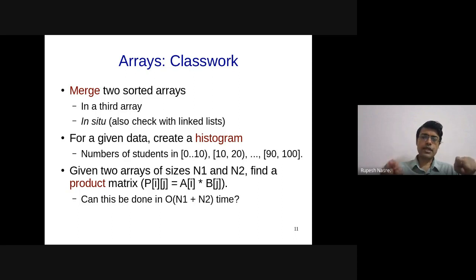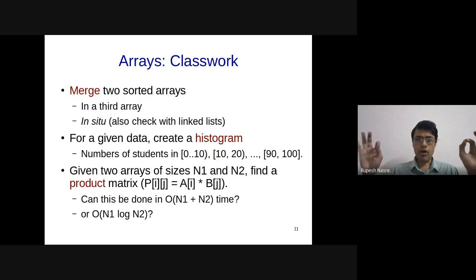Therefore, the complexity has to be at least n1 into n2. It can be larger, but it has to be at least as much as that, and therefore it cannot be done in order n1 plus n2 time or n1 log n2 time or any other function which is smaller than n1 into n2.